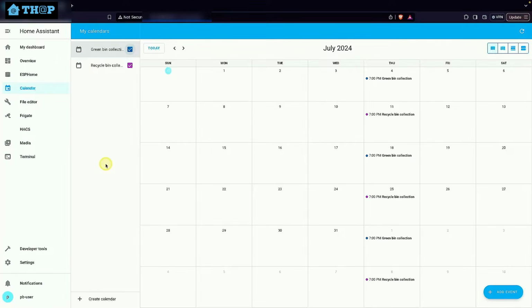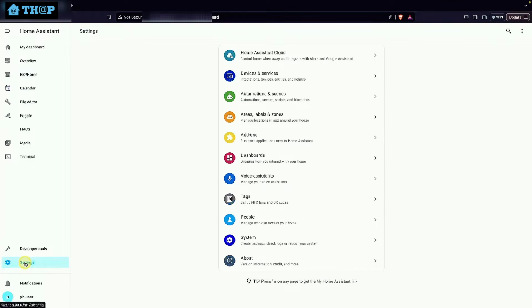Next, let's go and build the sensors so that we can use that in automation. For the next step, what we need to do is we need to do a little bit of advanced configuration, and for that I'll need something on the panel here, which is called Visual Studio Code. You can do this step with the file editor as well. However, I prefer to use a Visual Studio Code interface because it makes it way easier to help edit the